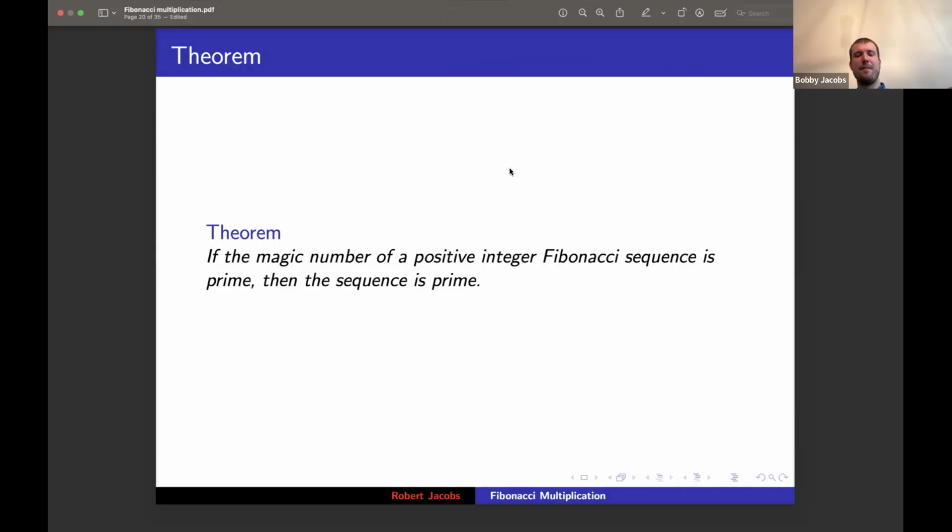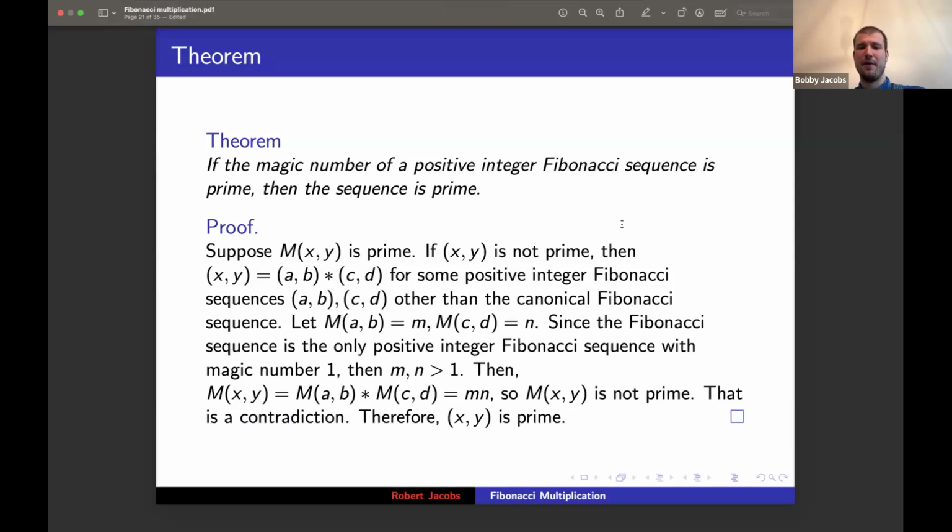An interesting thing is that if the magic number of a positive integer Fibonacci sequence is prime, then the sequence is prime. Suppose that m of xy is prime, the magic number. If xy is not prime, well then xy is going to equal ab times cd for some positive integer Fibonacci sequences ab, cd,